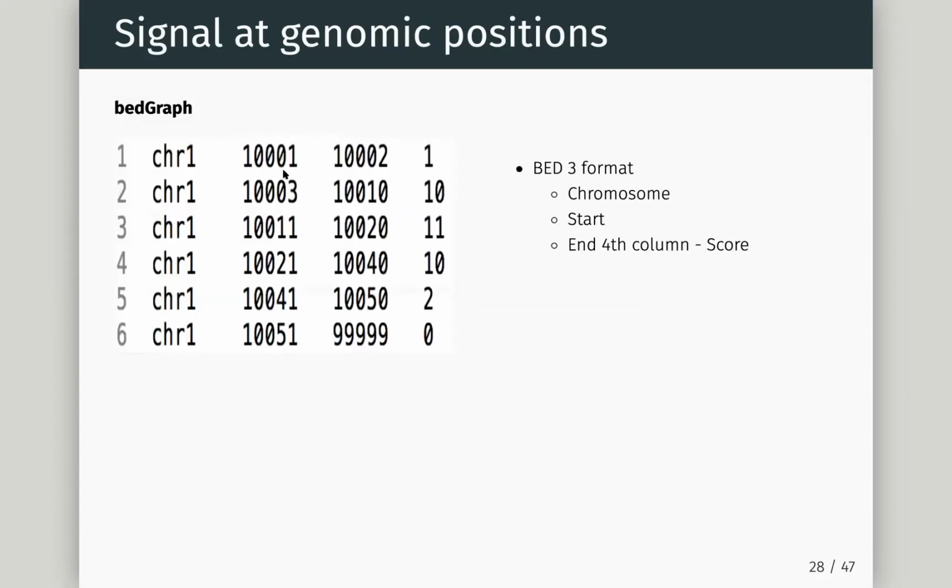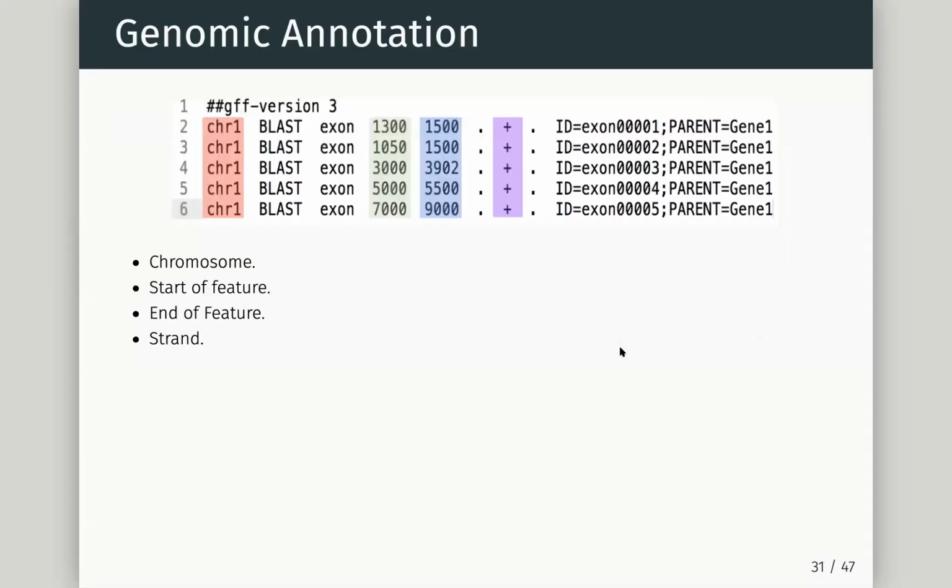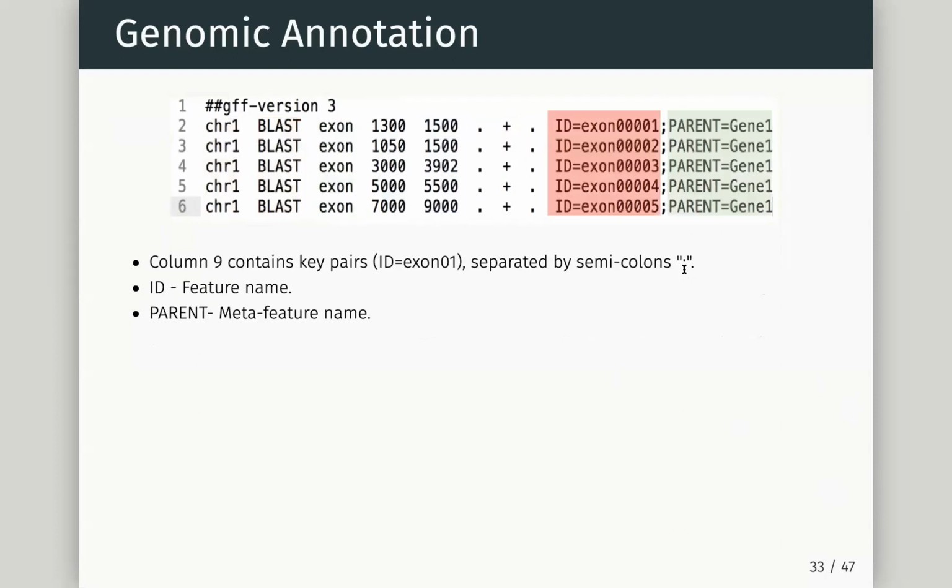A BED or BED6 file could contain a name, a strand, and scores. But actually, it's easier here to have a bedGraph. We don't necessarily need the name or the strand. So they are all very similar formats, built on top of that concept of chromosome, start, end, building on particular problems. A VCF is good for variants, and it's become almost the winning format. You will see it a lot. You could still put the information in a BED6 probably. Yeah, exactly. With GFF, you could put the same information in a BED6 file,